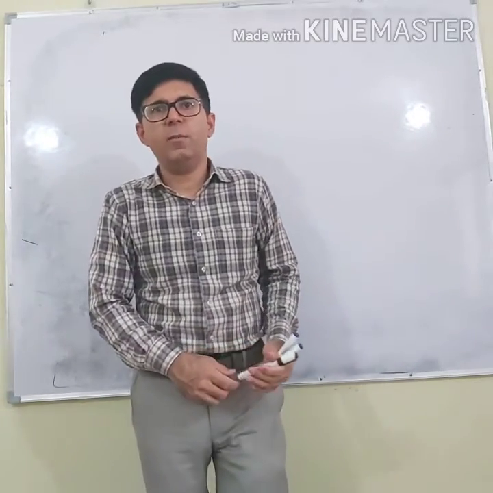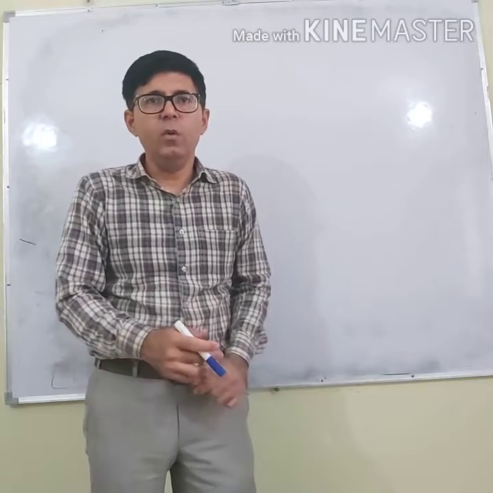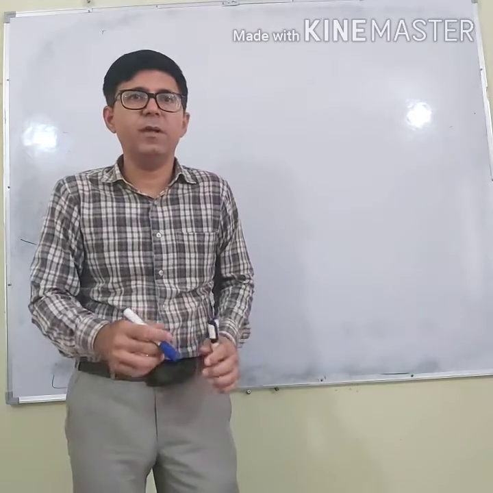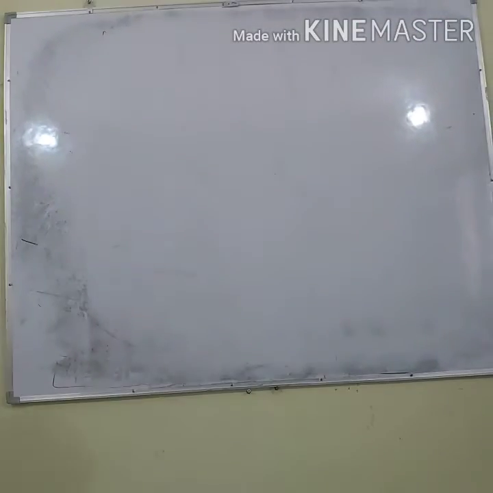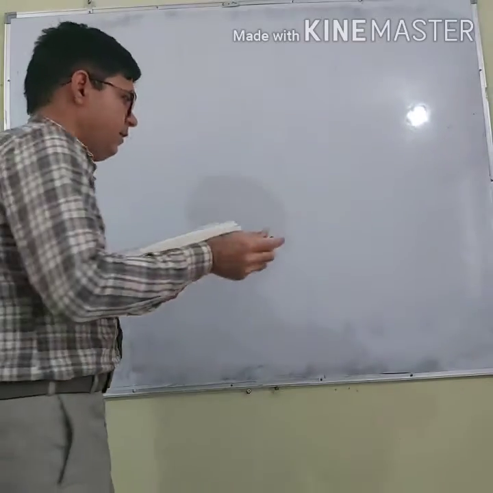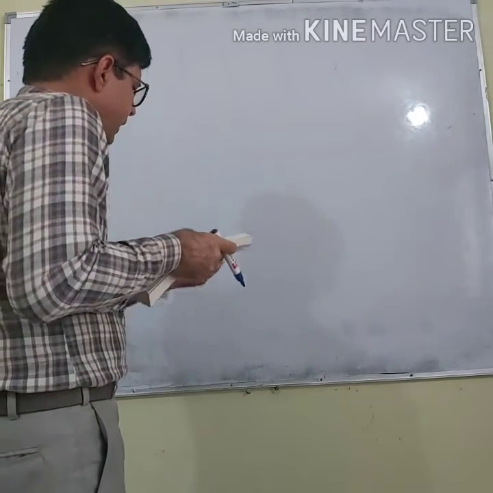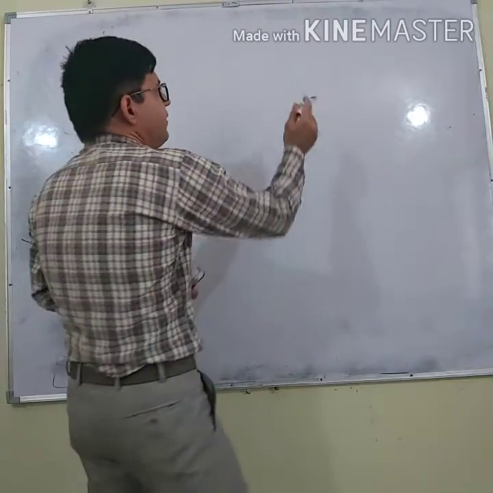Last time we discussed the laws of vector addition. Today we will do some questions which are based on the laws of vector addition. So let's discuss these questions one by one. Now, what are we given? We are given that ABCD is a parallelogram and AC and BD are its diagonals.